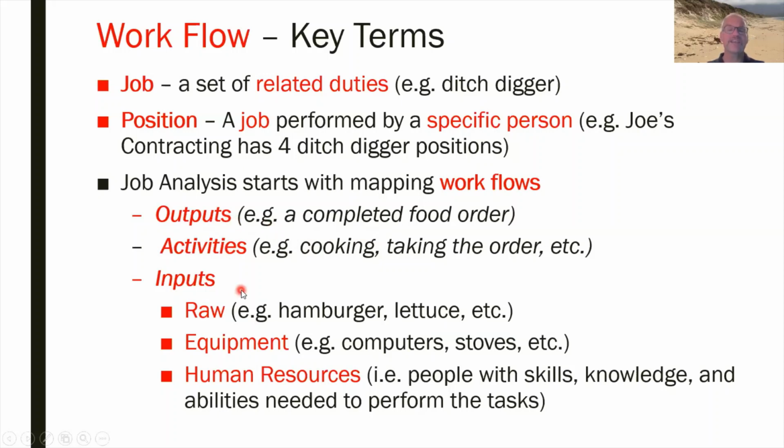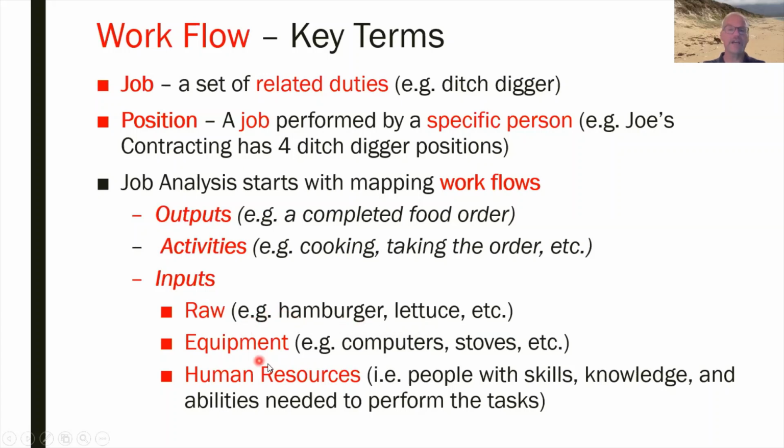Okay, outputs, activity, the inputs, the raw inputs, those would be things like the hamburger, the lettuce. It would also be things like maybe Bill wants to pay for cash, so maybe there has to be some cash available at the register for change, right? So those are the inputs. The equipment would be things like the equipment, obviously the things to slice the bagel, the things to heat or cook the eggs, the coffee maker, the cash register, I don't know, even the lights in the building, right, would be the